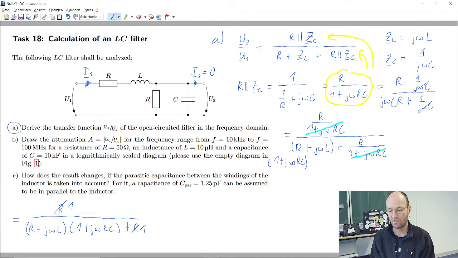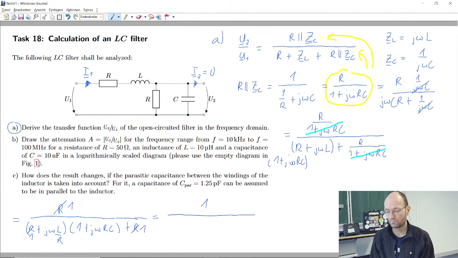So if we divide by R here, we are left with a 1. And so here, we have a product of two factors. If we divide by R in one of these factors, we need to divide by R. So let's divide here by R. So then we get some 1 here, and we also divide by R here at this position. And so then what we are left with is a 1